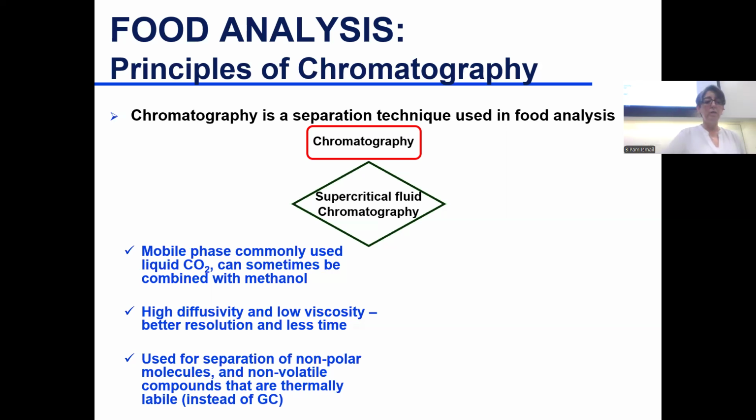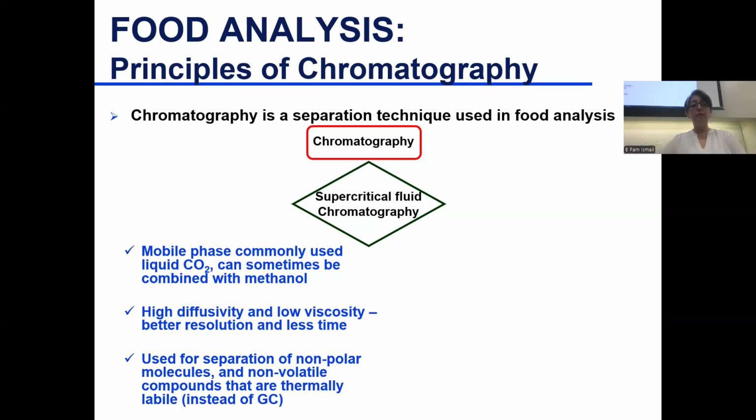And the common one is CO2. You increase temperature and pressure, you liquefy CO2. Sometimes you add methanol if you want to enhance the movement of slightly polar compounds. You add methanol because it's a polar organic solvent. CO2 liquid is a very non-polar